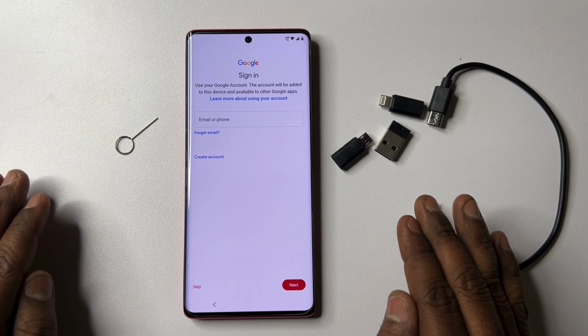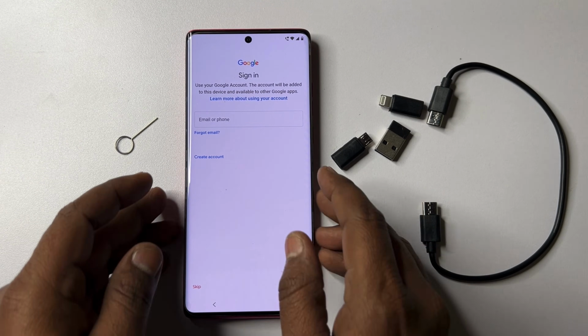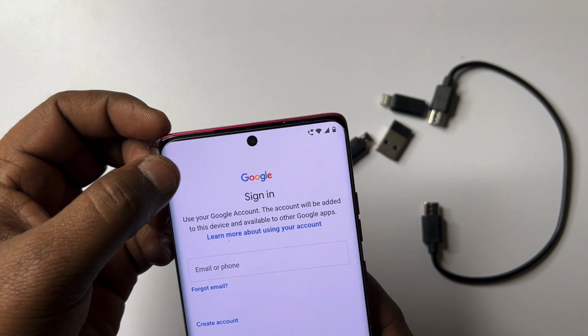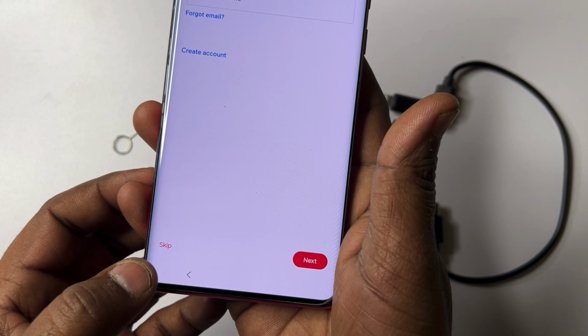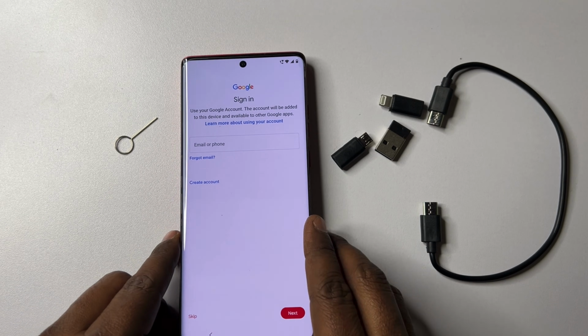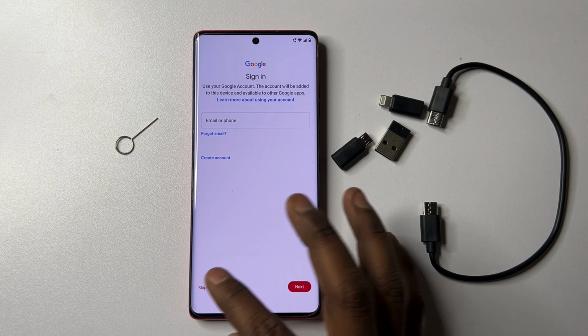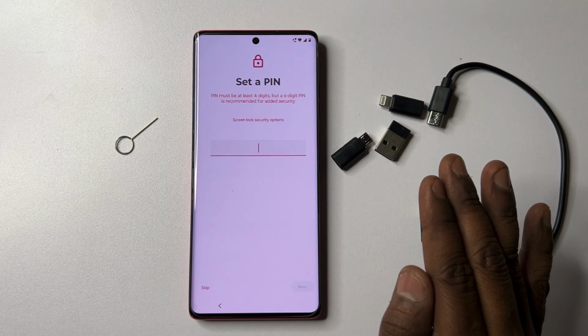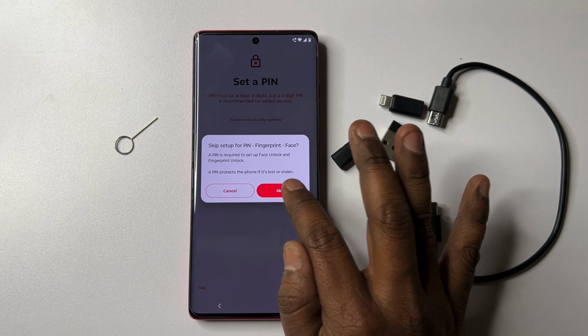And now your smartphone is completely unlocked. You can see here there is no lock icon, and a skip option is available here. You only have to click this skip button to proceed to the next step, and